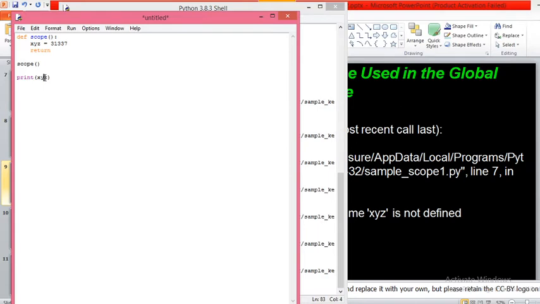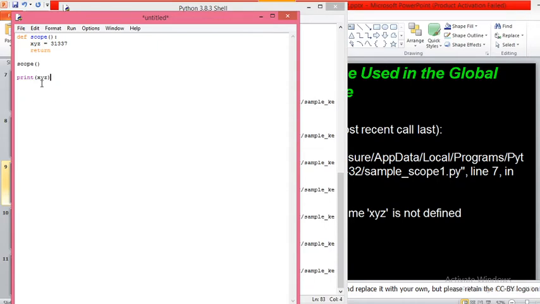The print statement. See, try to understand that. This xyz is a local variable, right? But when I execute this return statement, this function will end, which means the scope of this function will be destroyed. When the return statement is executed, immediately the local scope of this function will be destroyed. That means there won't be access to the variable xyz. But here we are trying to access this xyz in the global scope. Are you getting my point?